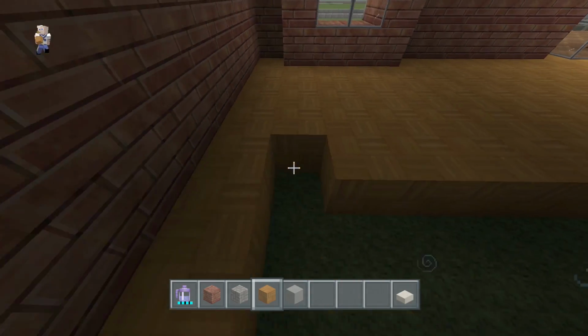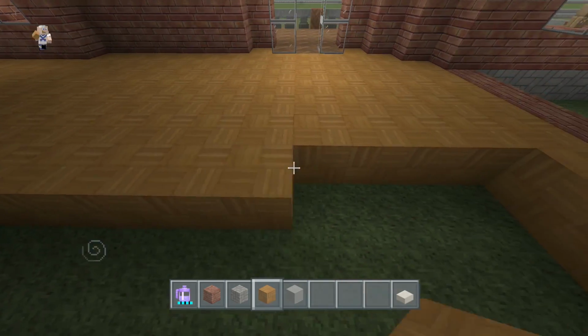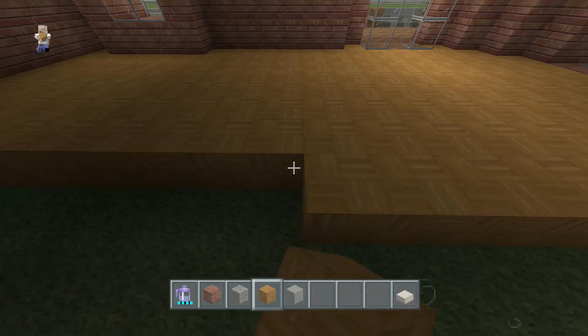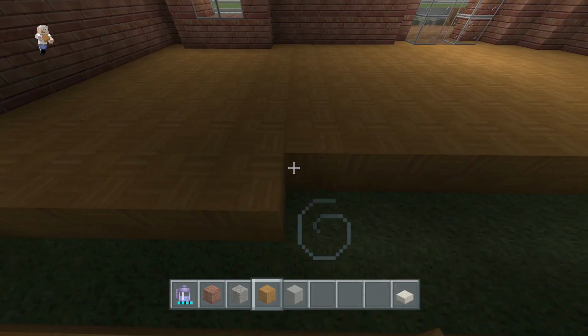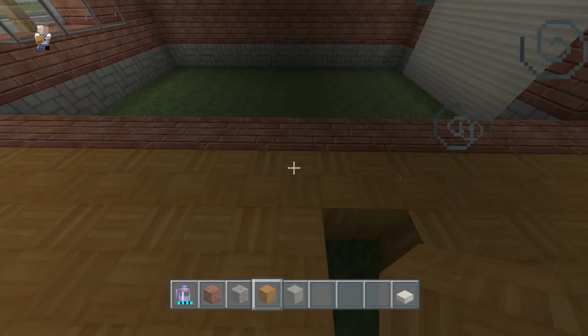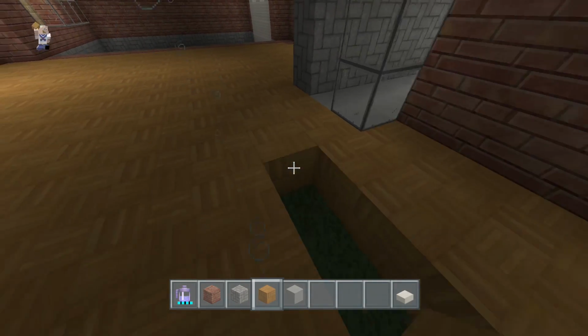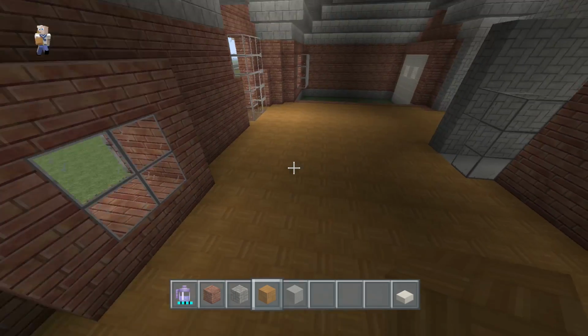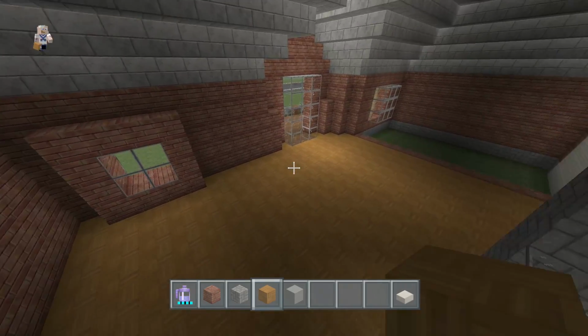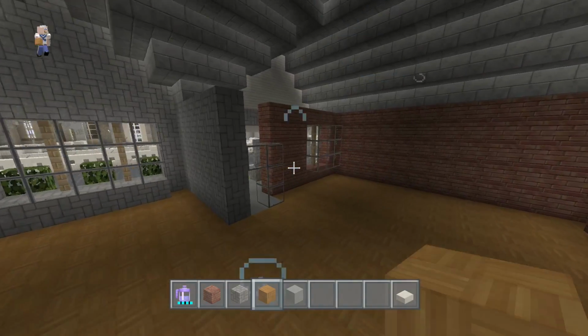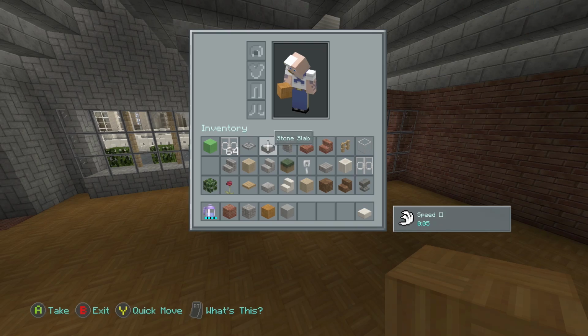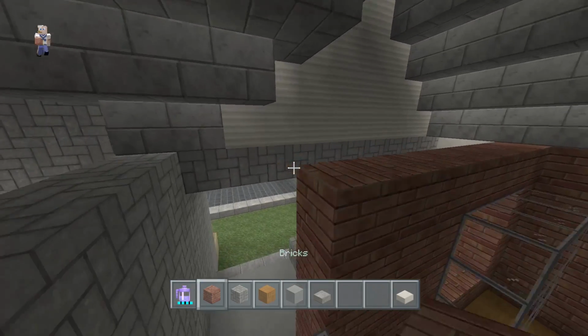And I feel like 20 is that perfect stopping point to where people can stop and catch up. And I usually try to stop on a good ending point. So I'm not in the middle of a roof and go, oh, all right, it's 20 minutes, we got to stop. No, I will finish what I'm doing and then we will continue. Okay, so we got that done. Let's take out some stone slabs. Let's come to the front porch real quick.